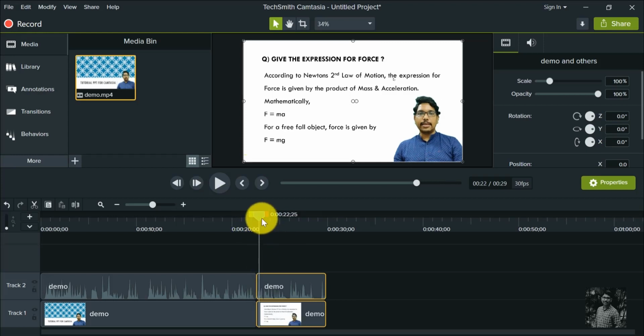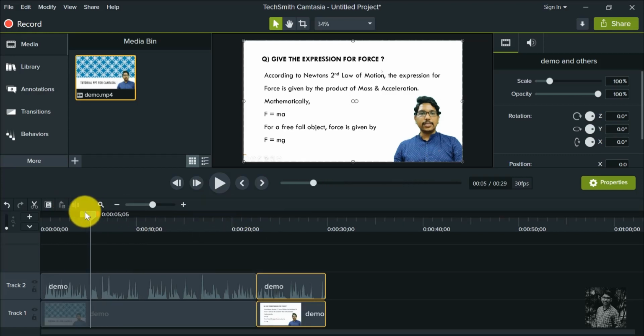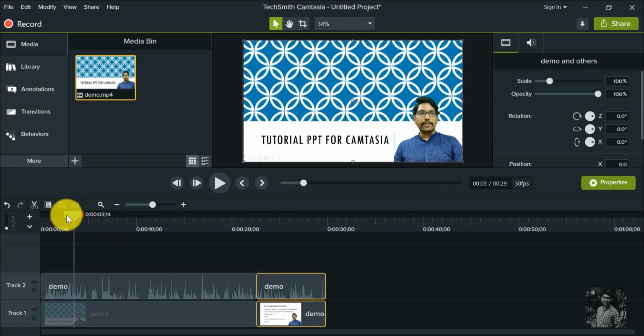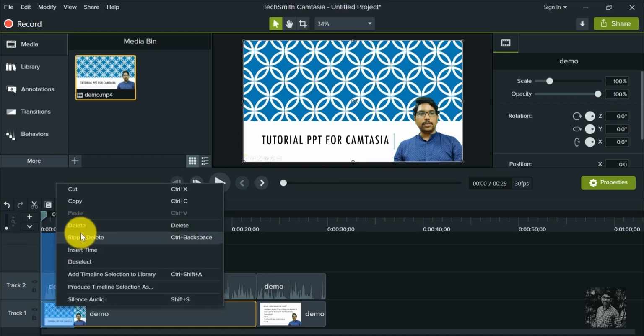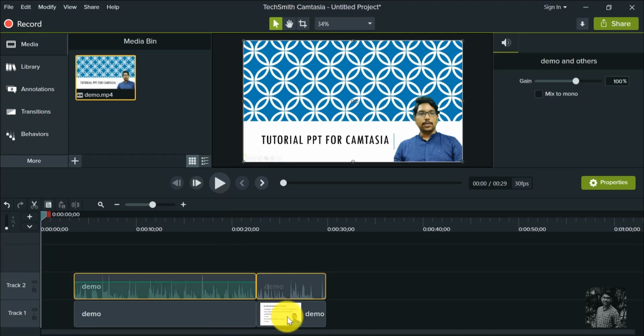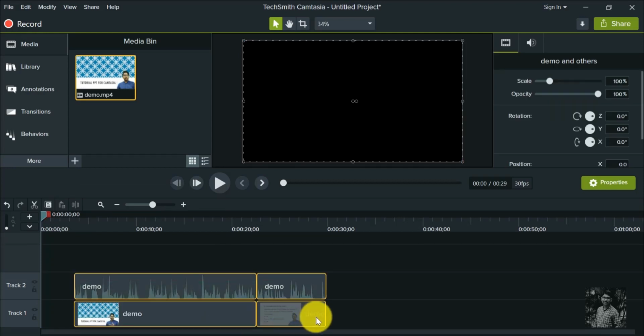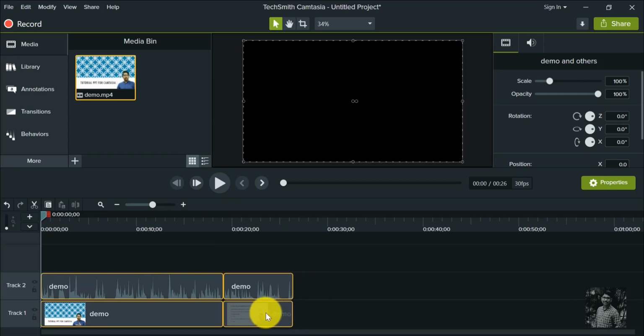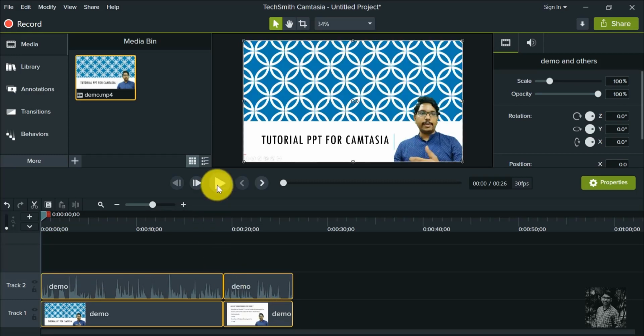If you want to trim something at the beginning or at the end, again set the slider at that position. Okay. Choose the area that you need to delete. Right click in that area and click on delete. Now choose all the remaining entities by holding Ctrl and slide the entities to the first position. Now you can click on play to see the output, explaining with one sample slide. So this is how you need to do the trimming part.